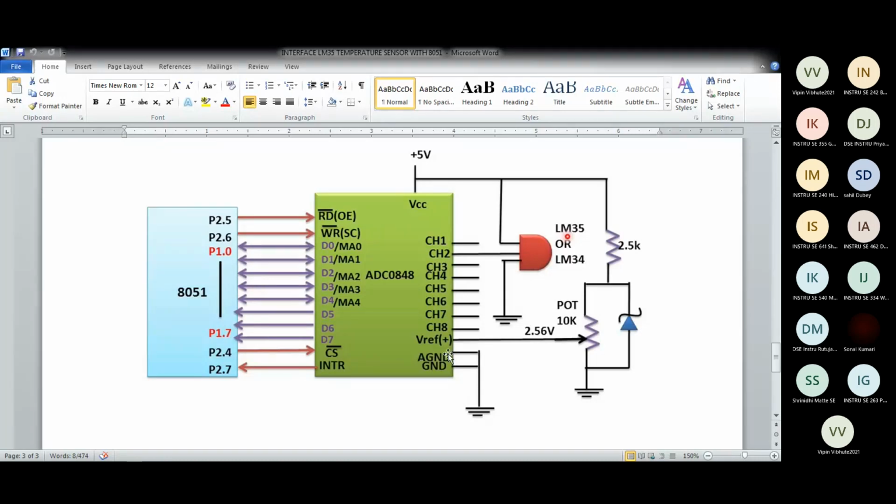So what is this VREF for? Reference voltage is to set the input range of the ADC, or you can say it sets the output range of the digital output. If my input is 5 volts, I have to set this VREF as 2.5 volts, half of the input or half of the maximum value you want to be converted.